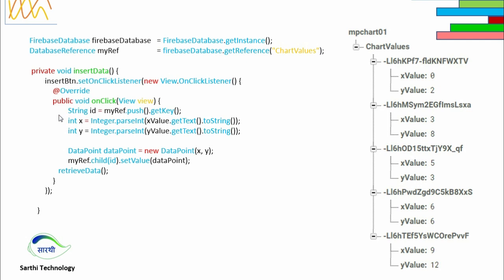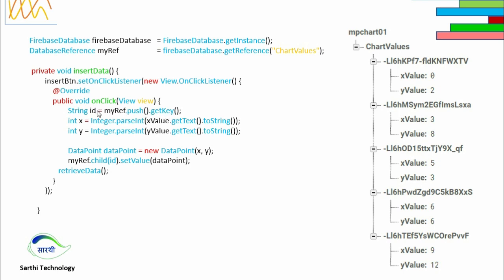The first thing is we need to create an object of string that is id. So id equal to myref.push.getKey. This line of code will generate a random id that you can see here. These IDs will be generated by this